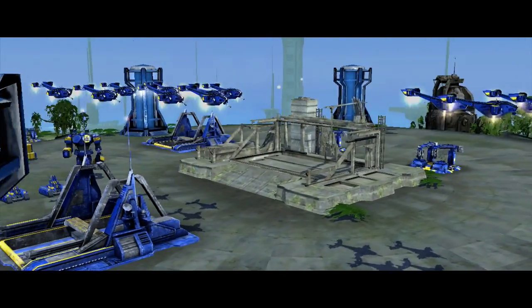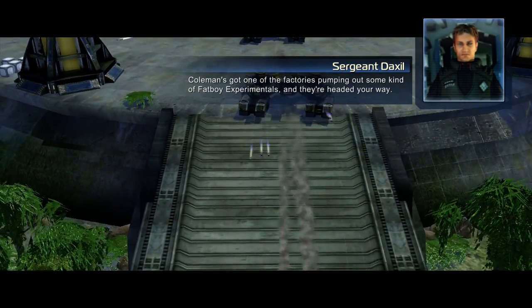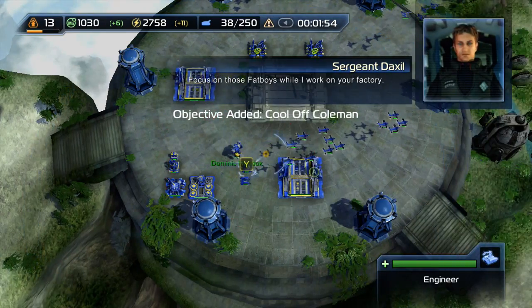You don't need to outnumber in terms of numbers unless it's the same units. If they have one Fatboy, of course you're going to need more units to overpower it. Maybe a bunch of gunships or something along those lines. So for now, what we're going to do